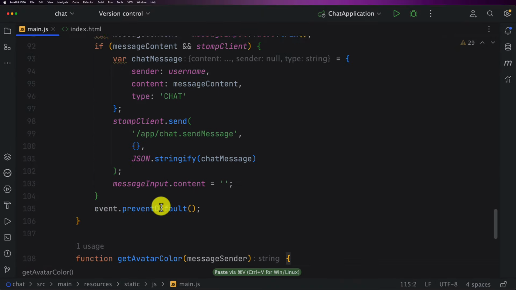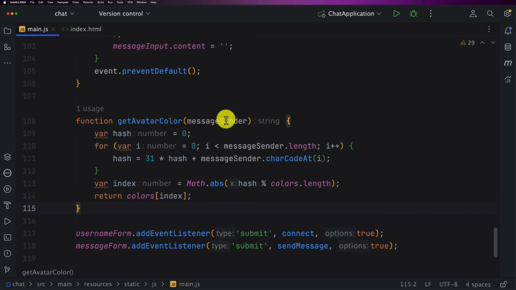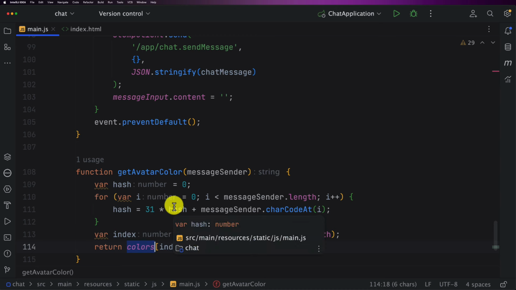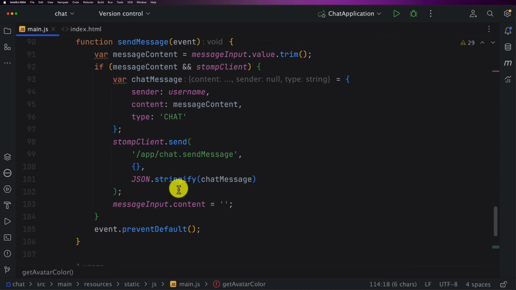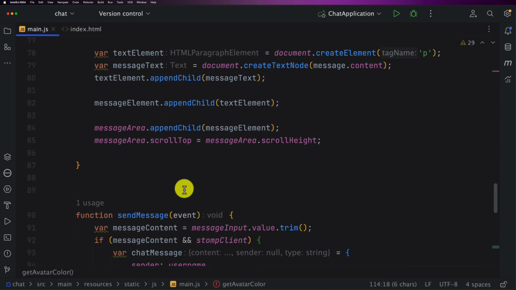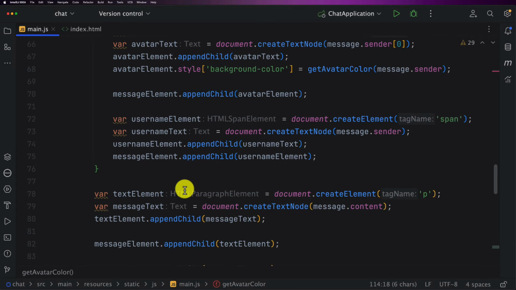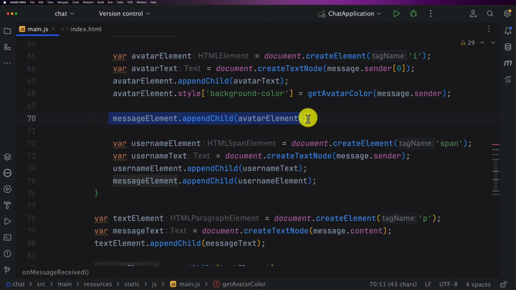So I will also go through this get avatar. We pass a message sender. We try to create a hash out of this message sender, and then we try to get a random index, and then we just return the value from the colors table. It's like having a random value from a specific array. Okay, so then we have this message element dot append child from the avatar element,